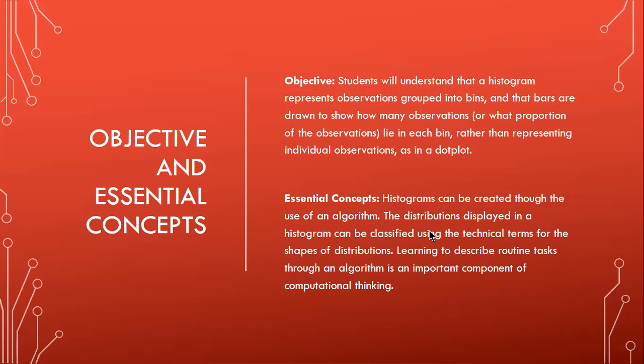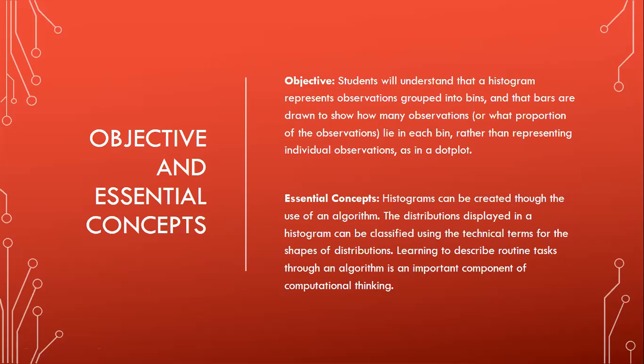So with a dot plot, we put dots to represent each individual observation. With a histogram, we are not representing each individual observation, but we are representing groups of observations based on a bar, okay? So the essential concepts for today is that a histogram can be created through